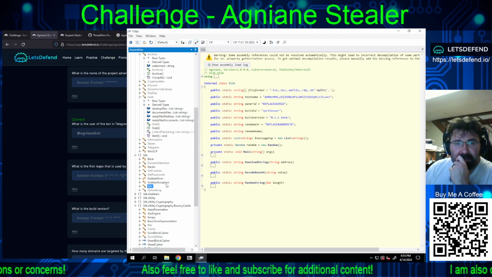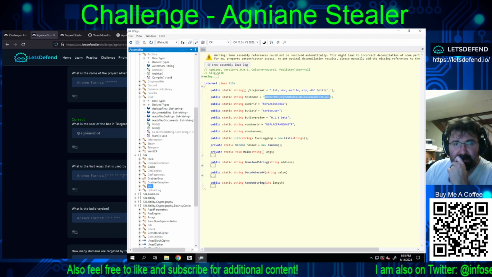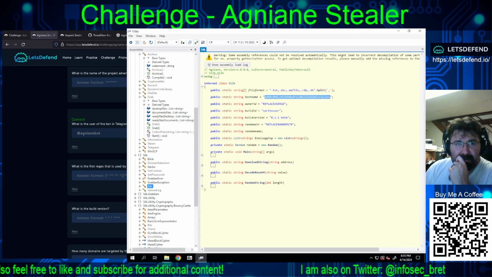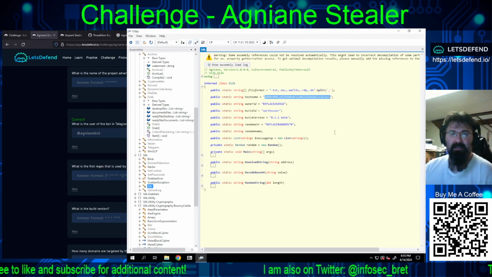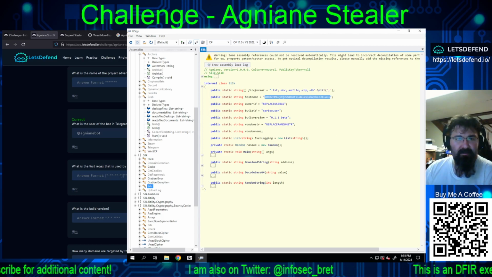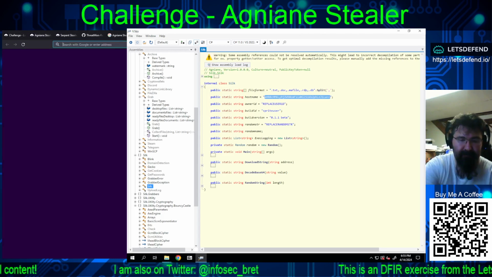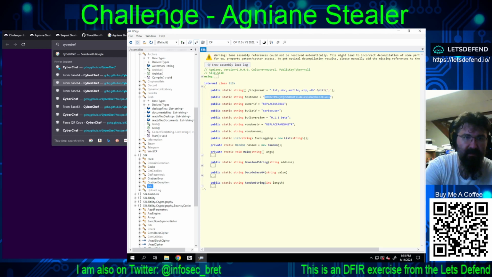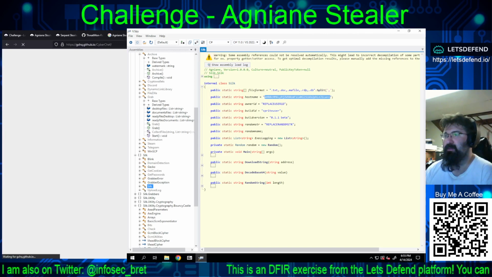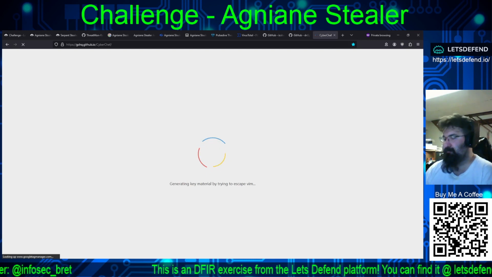Underneath silk and then silk. I got something that looks like a base 64 string right here, starting in lowercase alpha, uppercase hotel, and ending in double equal signs. So let's get that copied off, and we will go back to the web browser,